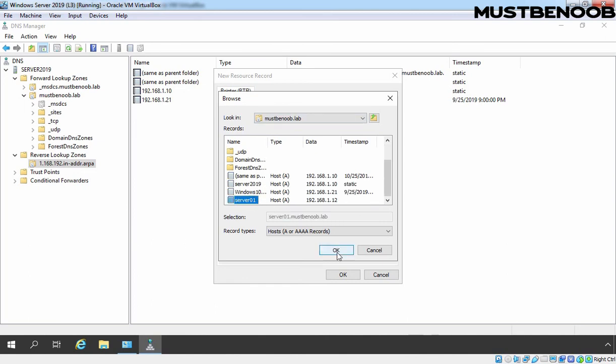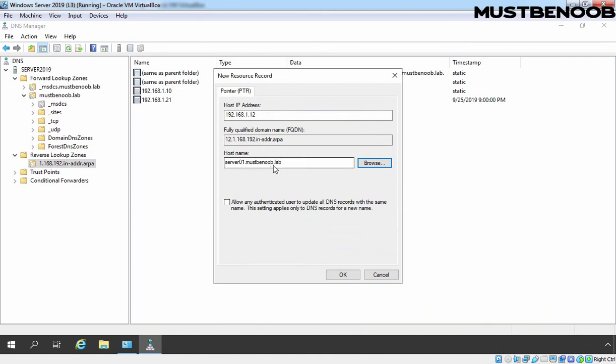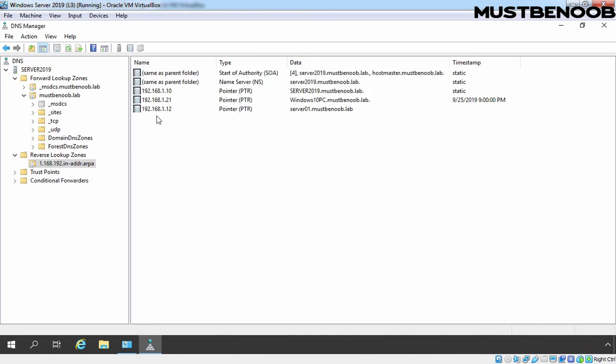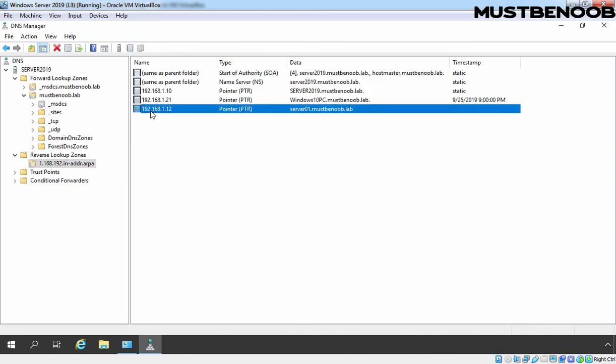And let's select our server01.mustbenoob.lab FQDN. So simply, this IP address 192.168.1.12 is pointing to the FQDN server01.mustbenoob.lab. Click on OK. As you can verify, the pointer record is created successfully.